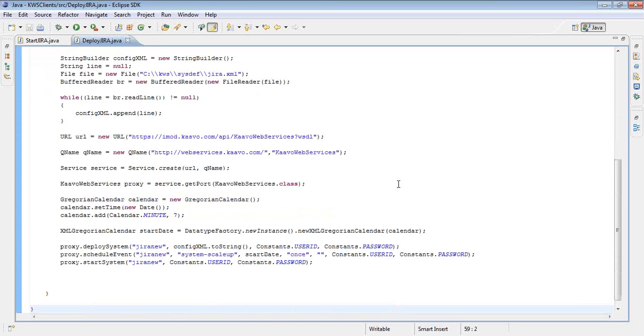So what this code does is it creates the start date object, which is 7 minutes from now.